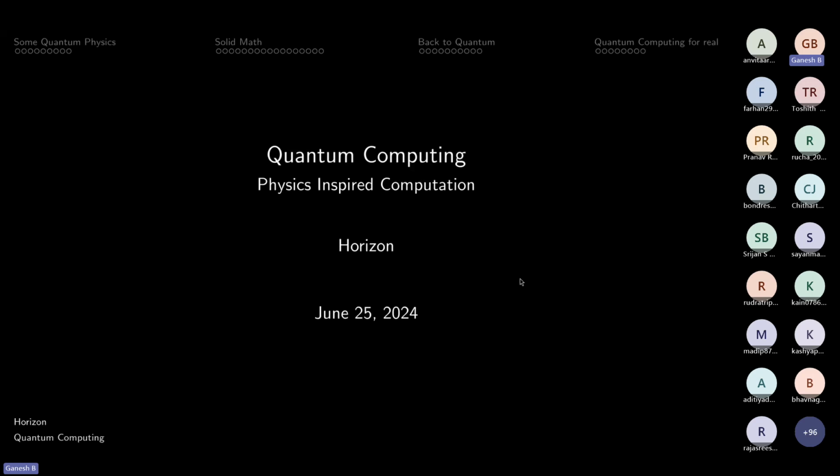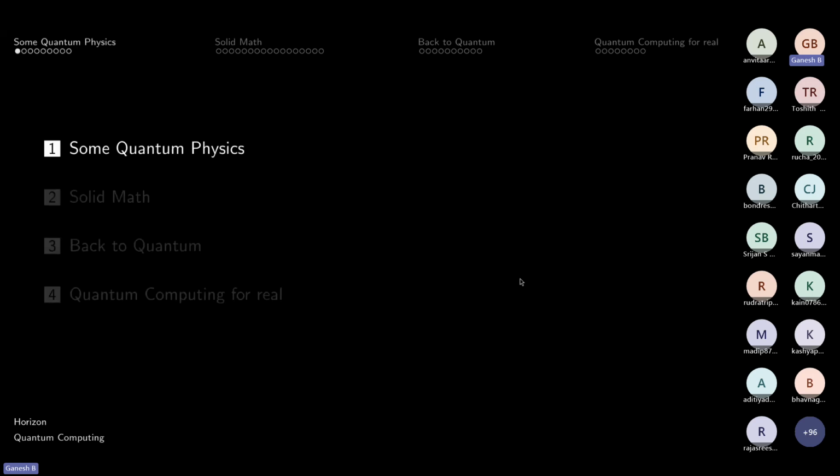It encompasses more things than those algorithms because quantum physics in itself is a very huge part of physics. Since we have very little time, I'll try to capture as many things as possible so that it will get you started when you want to go ahead and look for things to read more on quantum computing. First things first, let us understand some basic quantum physics. I'll just quickly go through it.